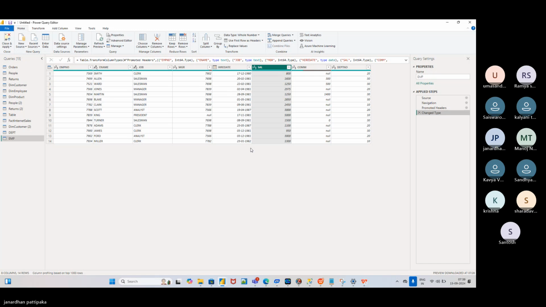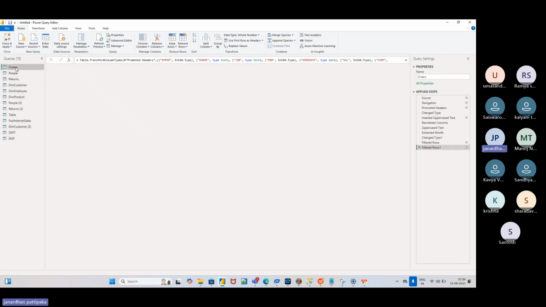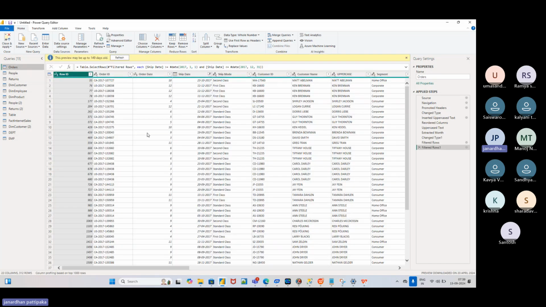Okay. Now, let us go through the next. Yeah, number filters. Let us go to the number filters over here in the orders table. Better we can take the orders table. It's better to filter the data. It will have some important functions like,